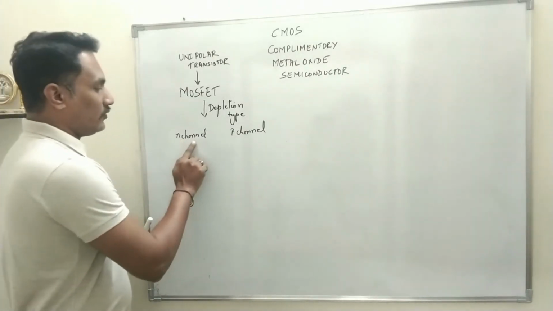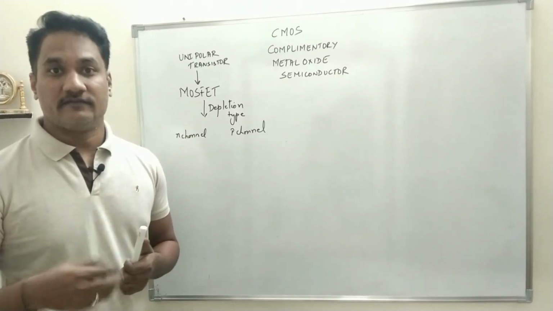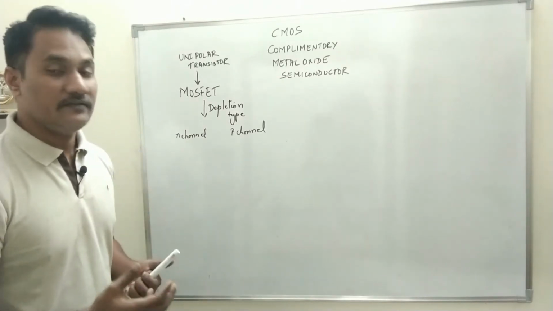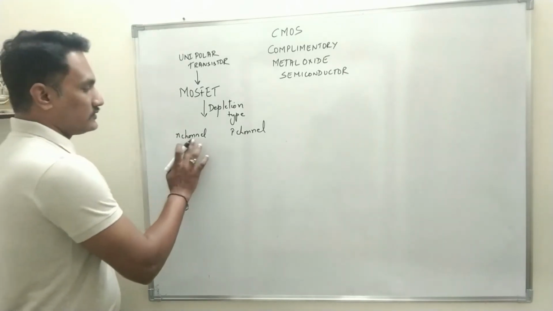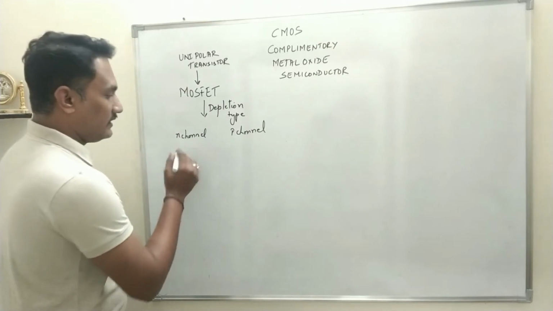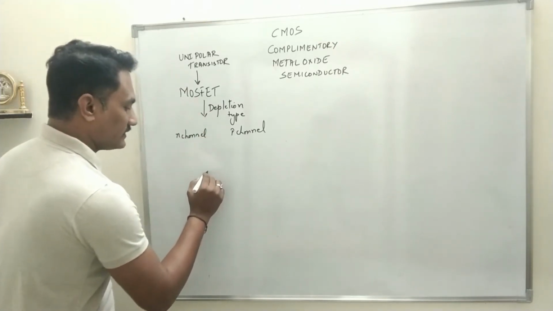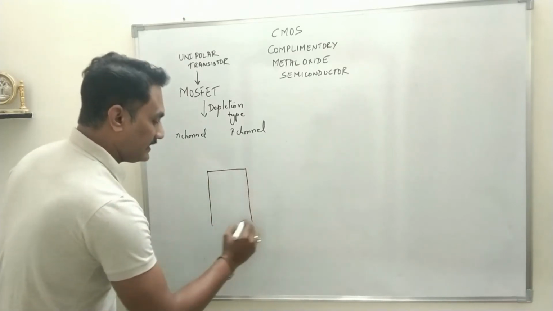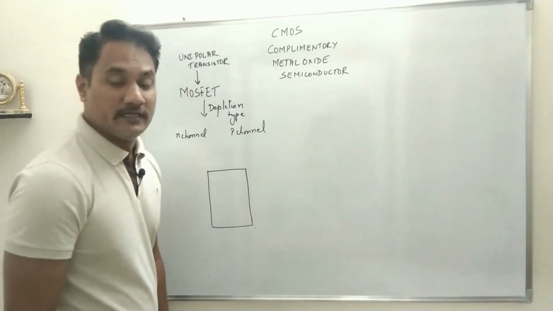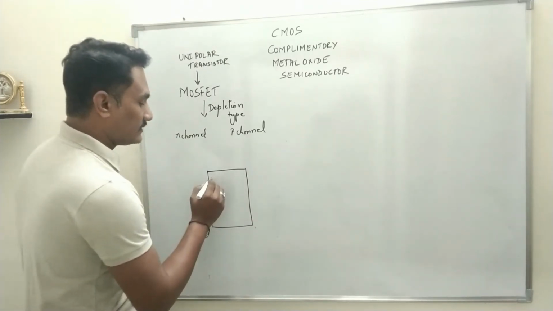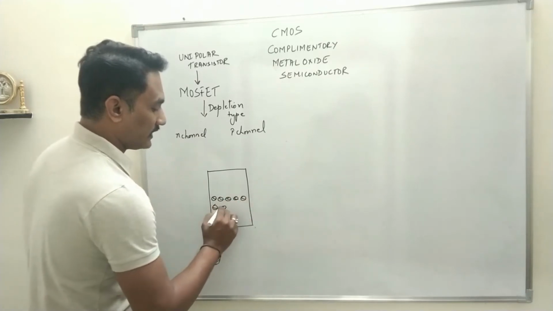I will try to make you understand the design and the working of the circuit. Basically we will be using these transistors as a switch. Suppose you want to design an N channel MOSFET. When you design an N channel MOSFET, you take an N type semiconductor. By now you know what we mean by N type semiconductor: a semiconductor which has a large amount of free electrons.